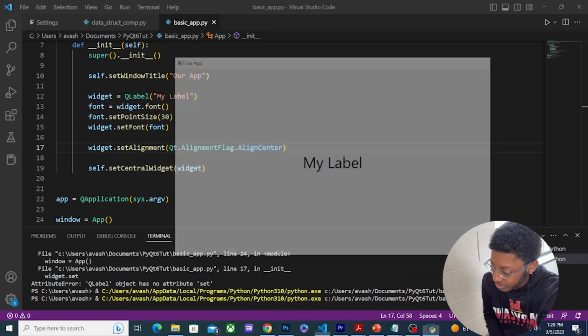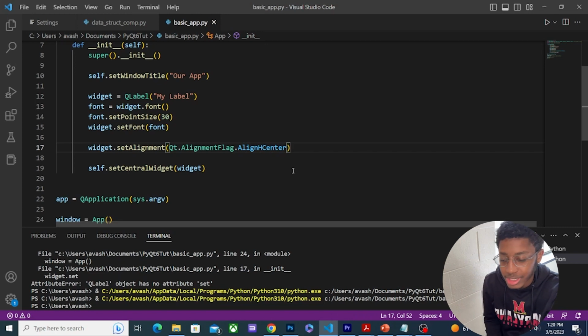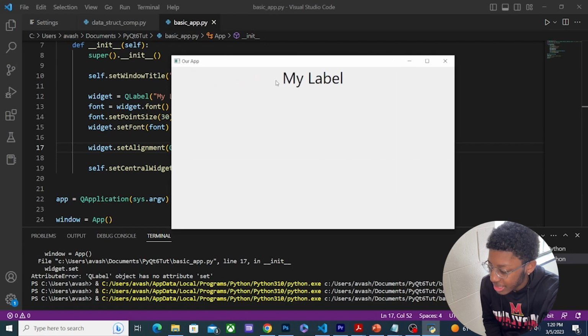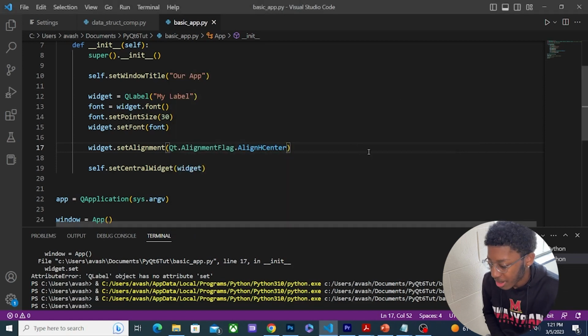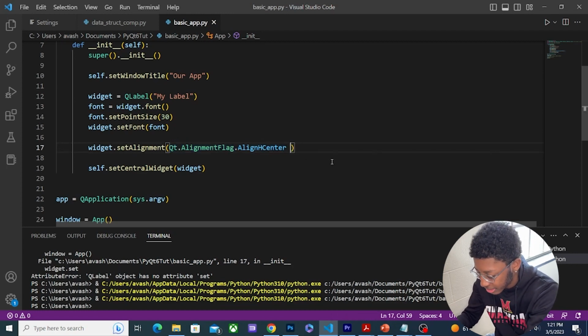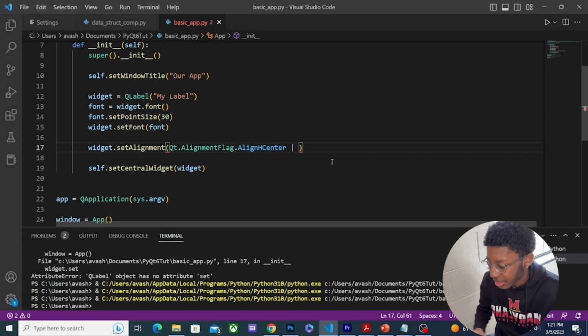Okay, I like that. Now I can also center it horizontally, so I can do AlignHCenter. This centers it horizontally and not vertically. So you can see that it will be centered at the top of the screen, but it won't be centered in the middle. And I can also use something called a pipe. Now, a pipe really just joins two of these properties together. So, for example, if I wanted to align it in the center horizontally and vertically, I could do what I did earlier with just the one method, but I could also do